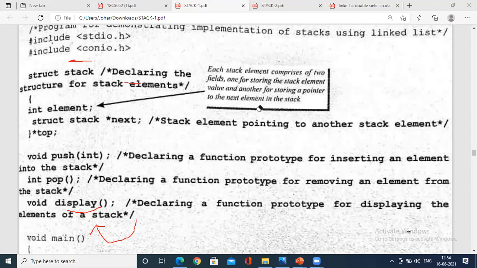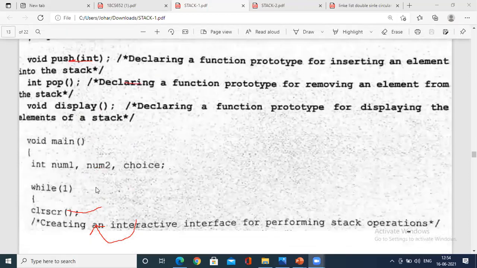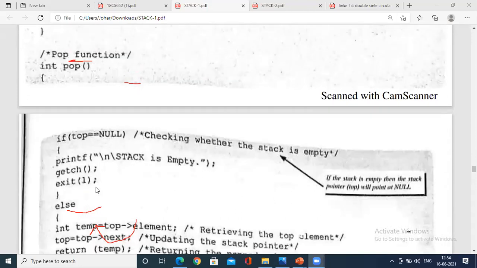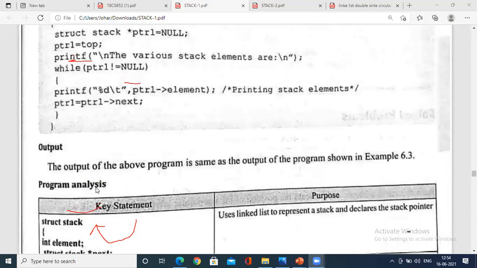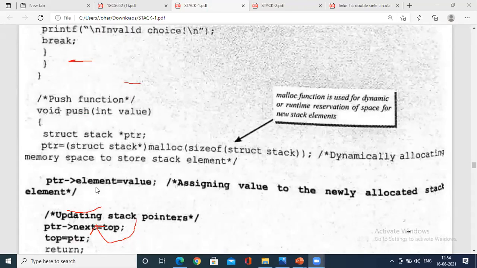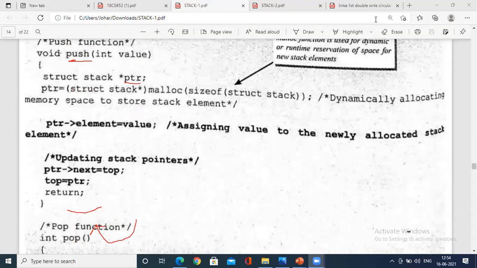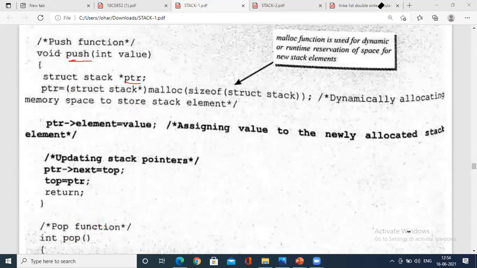So when you call the push operation using linked list, see here what is happening. In the case of arrays you incremented top, but here it is not so.